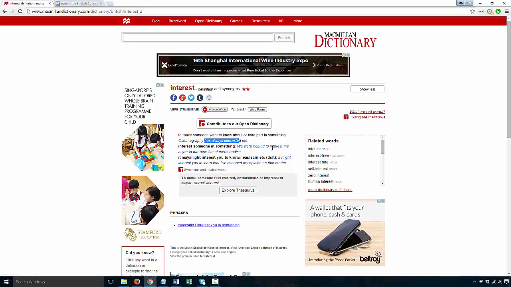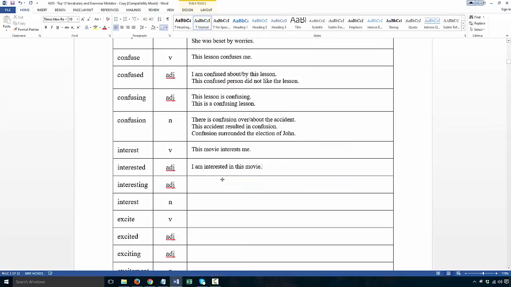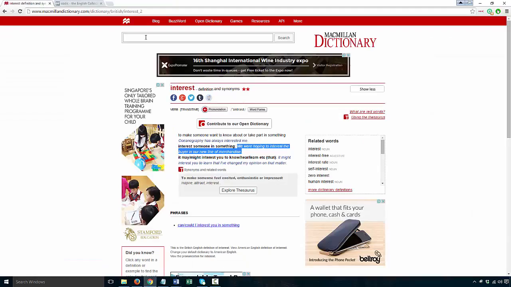Interest someone in something, we hope. Now this is another way of using it. Okay, it's not so common. Again, there are many ways of using words, but I'm not going to give a sentence for every single way. You can just look at the example sentence here. But when we go to interested,